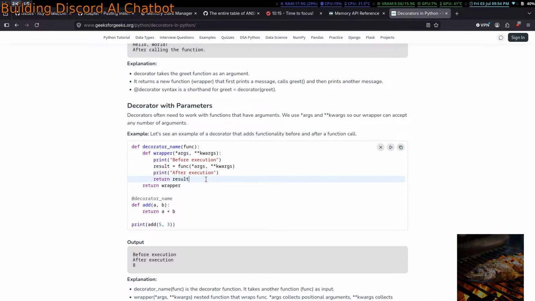Well, this returns a plus b. So in this case, we pass a, b into the actual wrapper, and then the wrapper prints before execution, and then wait, what? Why does it print after execute? Oh wait, because it returns here. Okay.